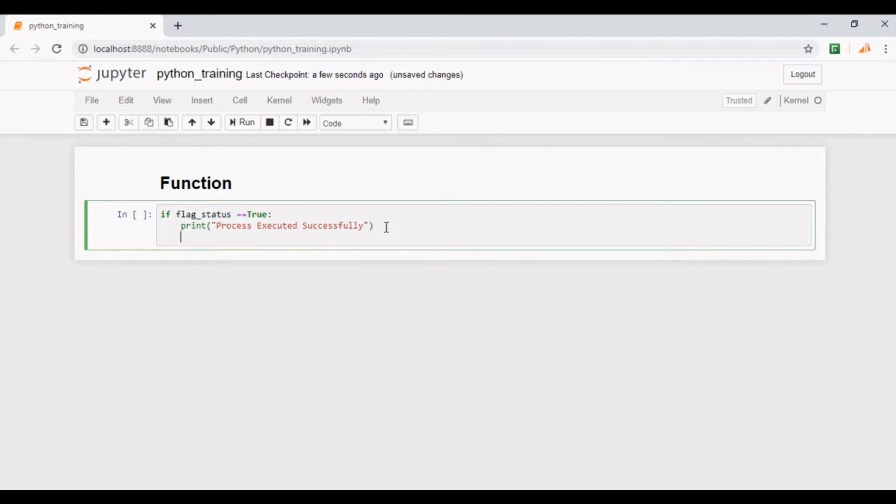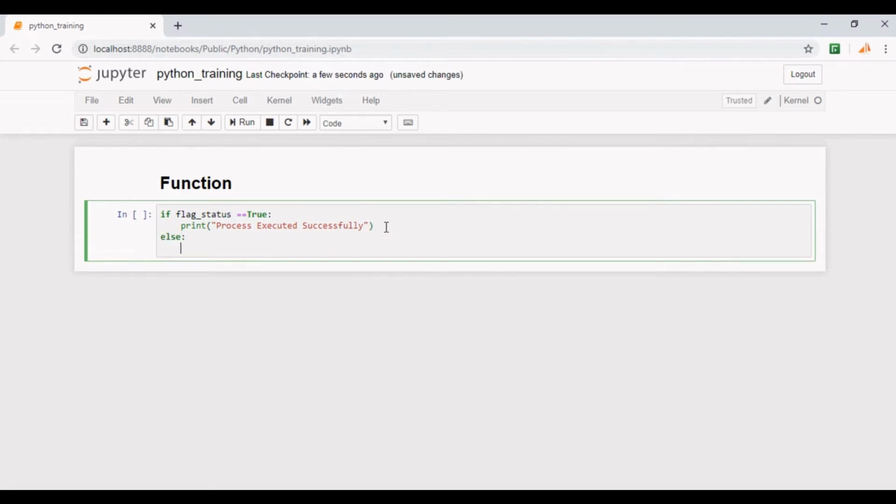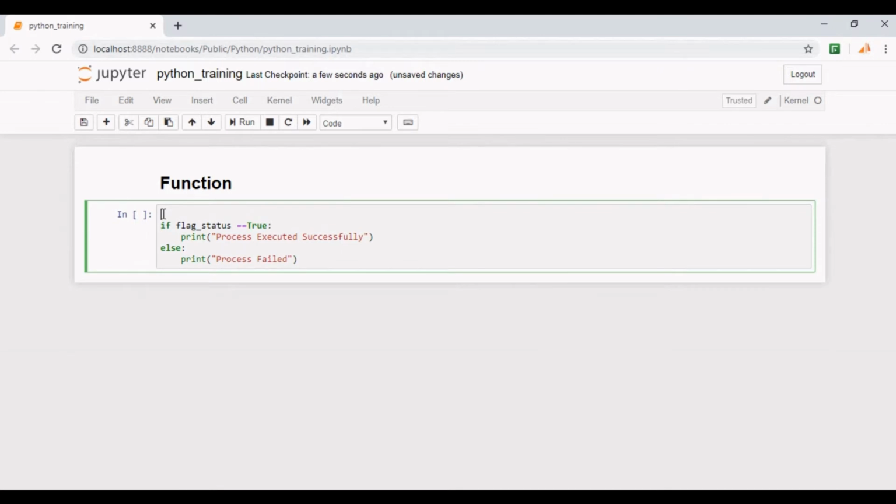Otherwise, it will display process failed. Let's assume that at some particular instance and at a specific location, the value of this flag status becomes true.